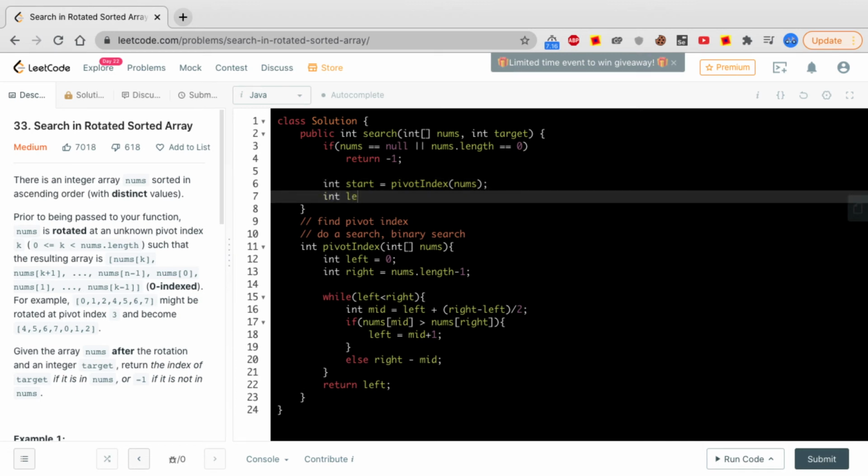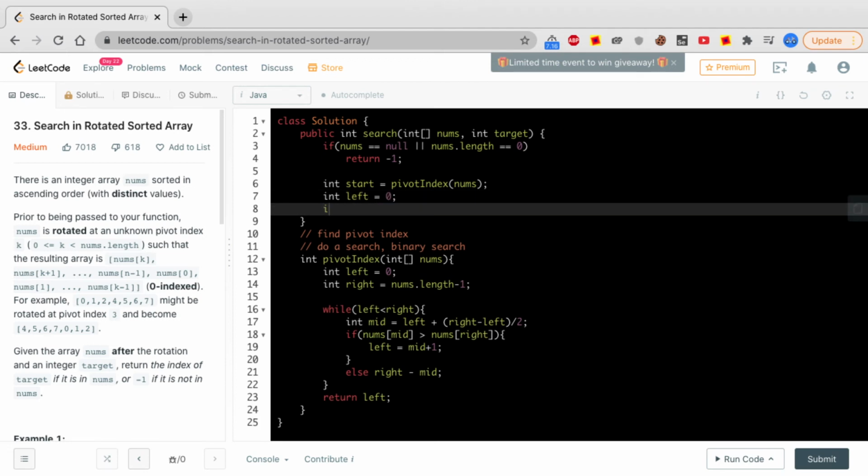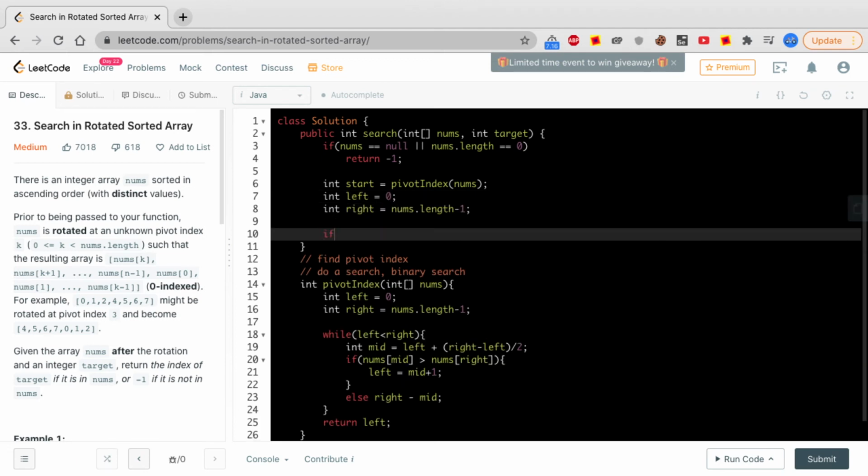And again, I want to take a left and a right. Now, I will check if my target is greater than or equal to nums of start, and target is less than or equal to nums of right. It means my target is on the right hand side of the pivot.